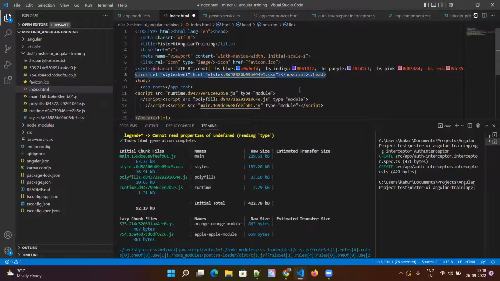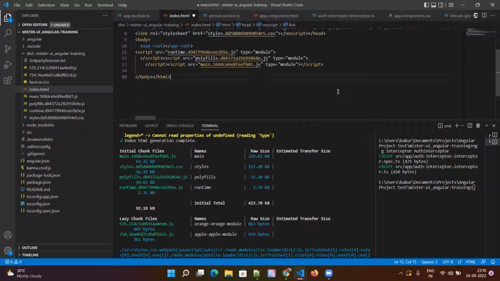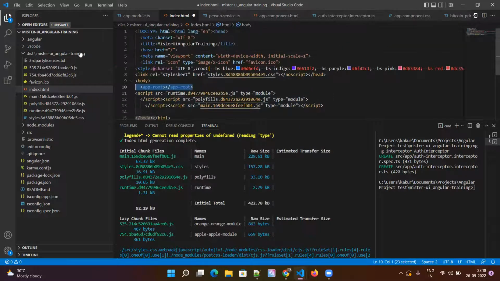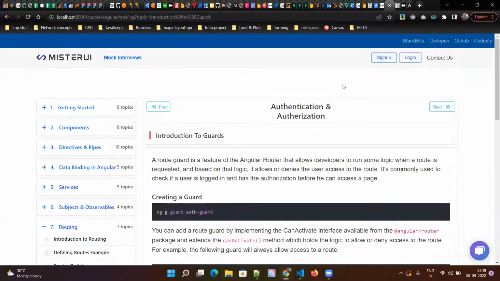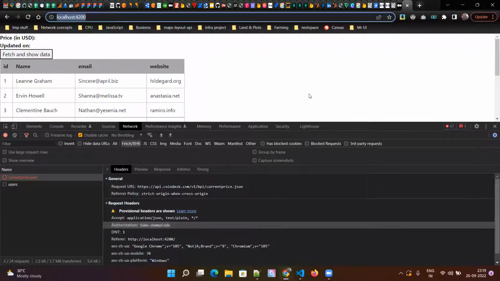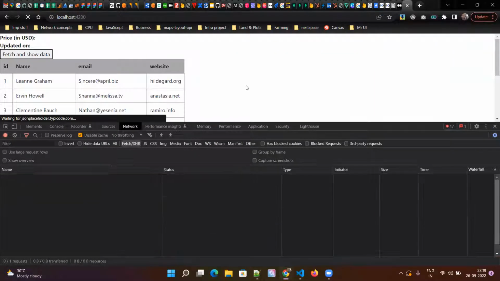So what it is doing is creating a basic HTML file, importing the CSS file and the JS files, and in the middle it has the app-root. Whenever an Angular application is downloaded to the browser, it will download only this page at first. If you go to our example application, we are not downloading any specific page here. But if I refresh,